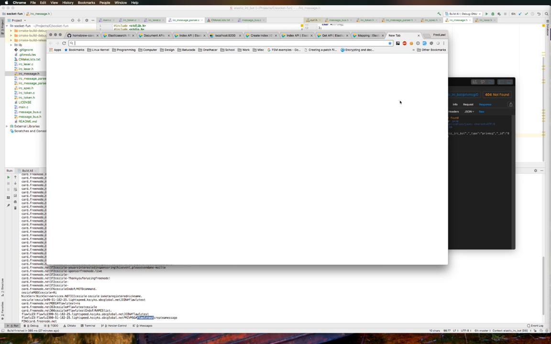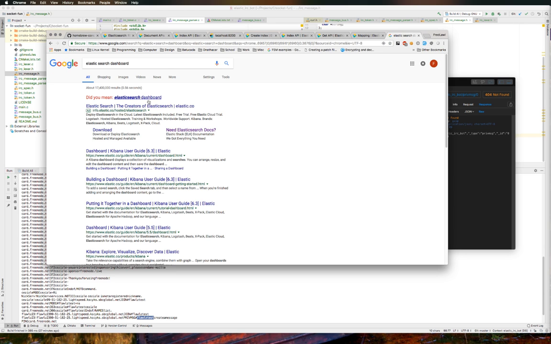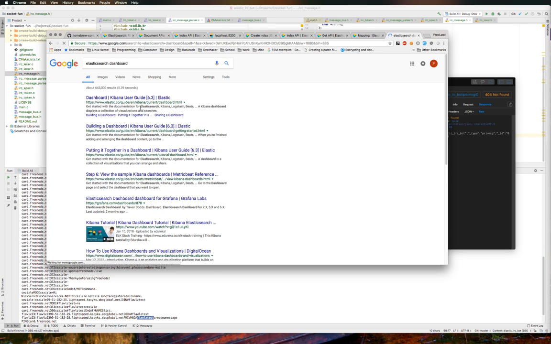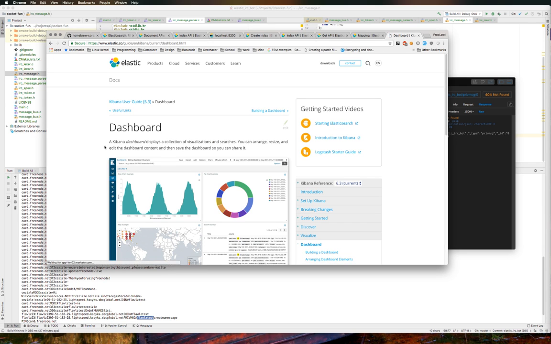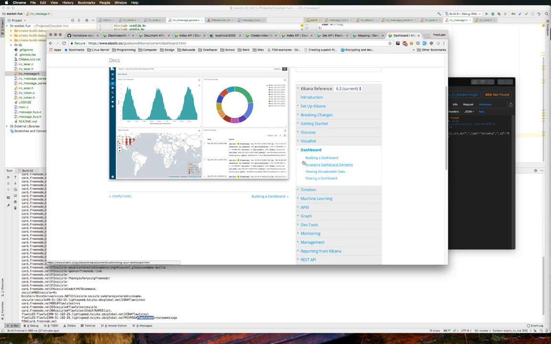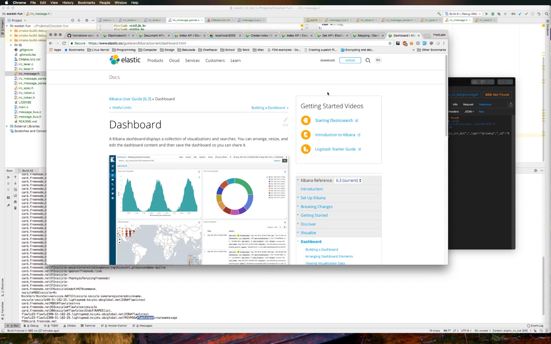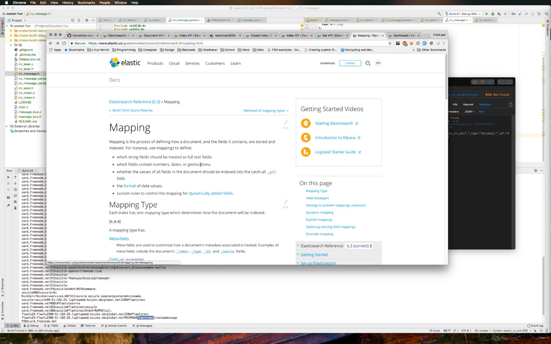Man, I know there's a way. Elasticsearch dashboard, maybe? Oh, is that what Kibana is? I thought Kibana was something else. Oh boy. I definitely don't want to install that right now, but that might actually be a little bit more useful to interface with, because